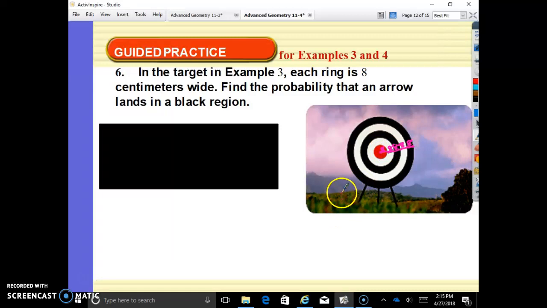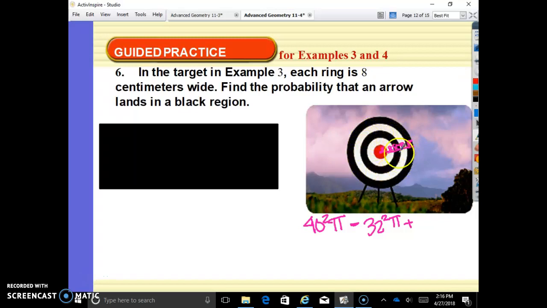So for it to land in the black region, we can take the whole large circle, which is 8, 16, 32, 40, right? It was a radius of 40. 40 squared pi, pi r squared, minus what's missing. Well, what's missing? We're going to take the whole thing minus this white one, which has a radius of 8 plus 8 plus 8 plus 8, so 32, minus 32 squared pi, and then plus, so we're taking away this white circle.